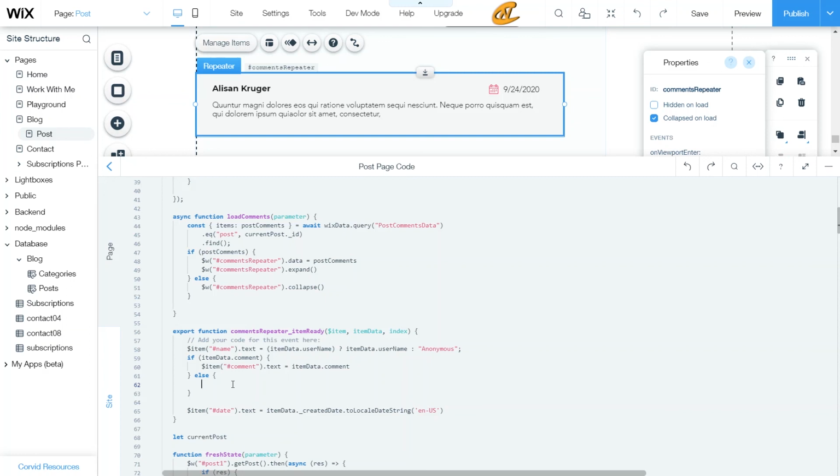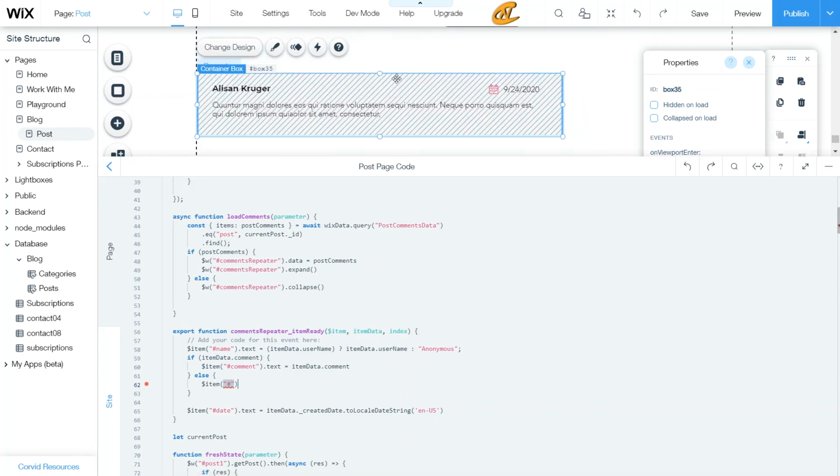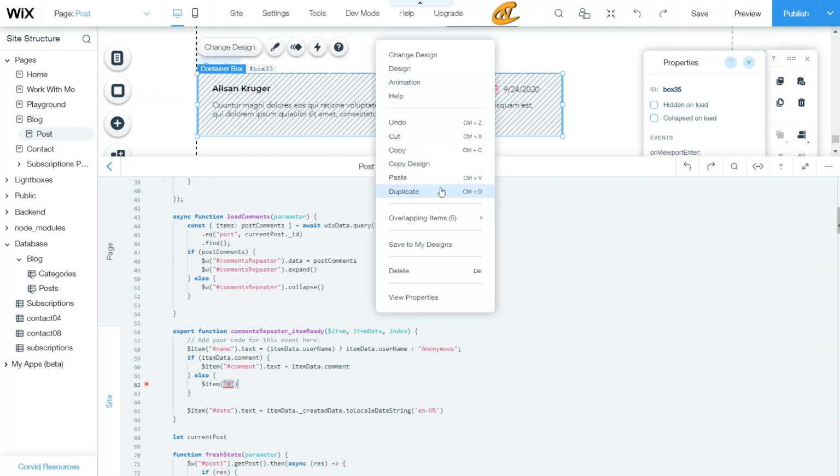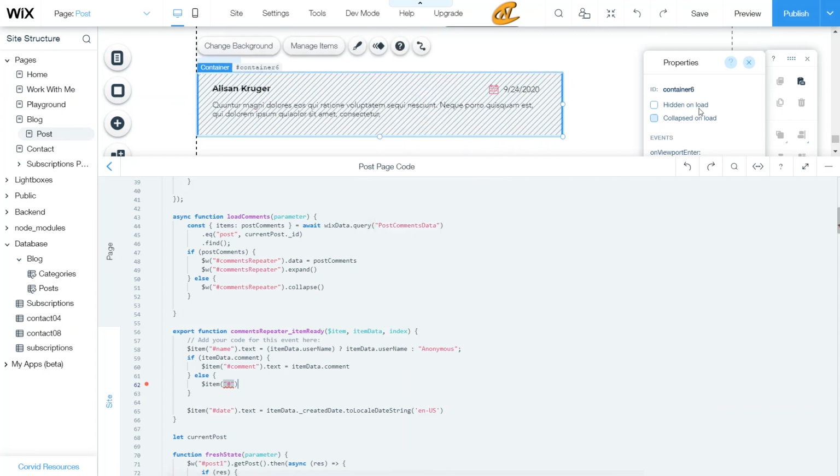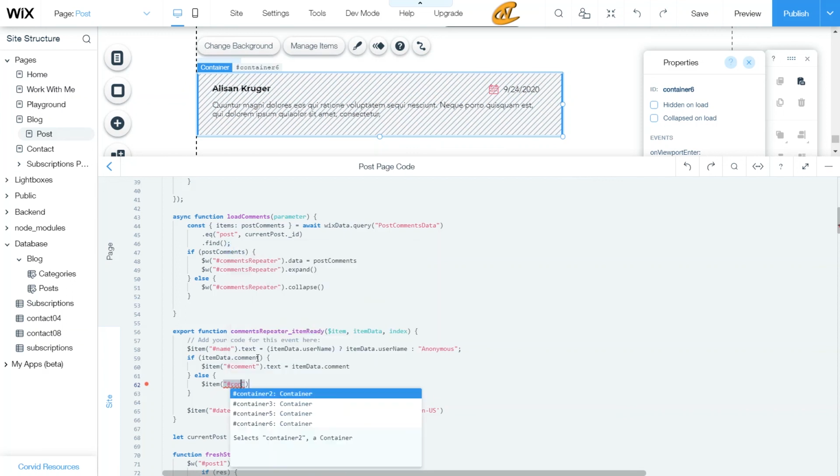And the easiest way to do that here, guys, is actually just to look at the container and just collapse that container. What we're going to do is right click on here, and we're going to go to overlap items. As we can see, there is the container right here. So what we want to do here is click container. We see that is labeled container 6 for the ID. So we'll go here to container 6,